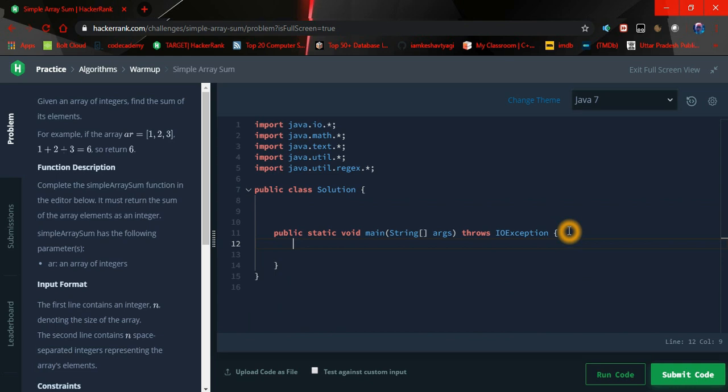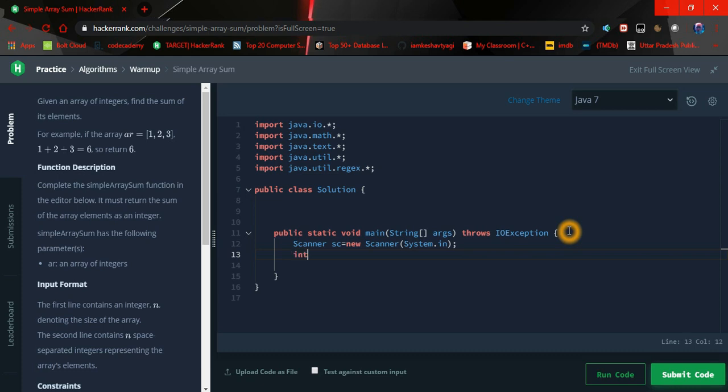For that we are going to use the Scanner class. So let me make a Scanner sc, which is new Scanner(System.in). Here I have created the object for the Scanner class through which we are going to take the inputs from the user.